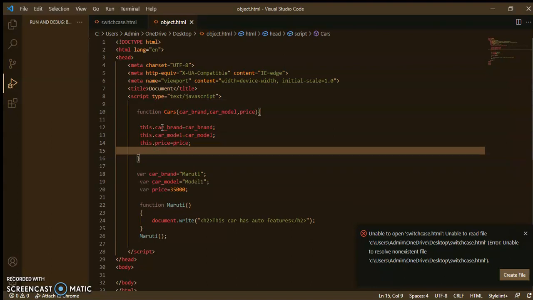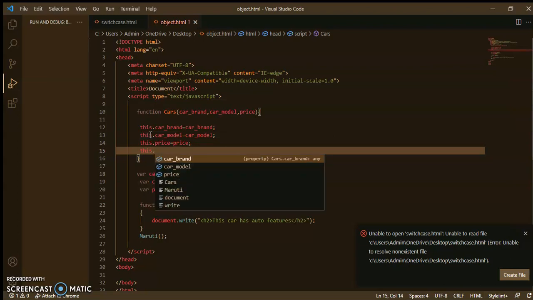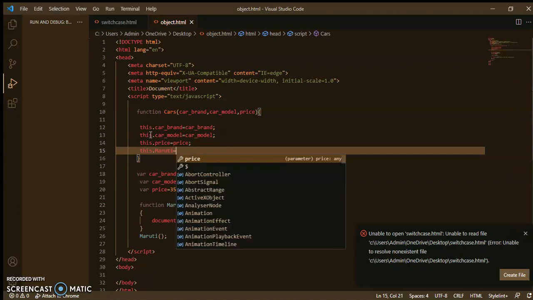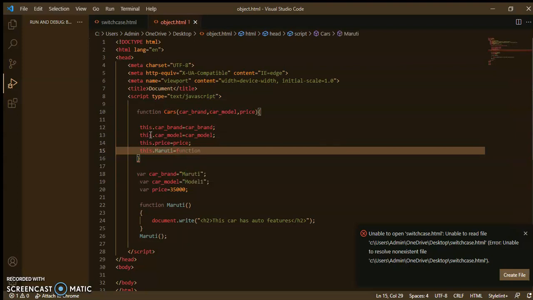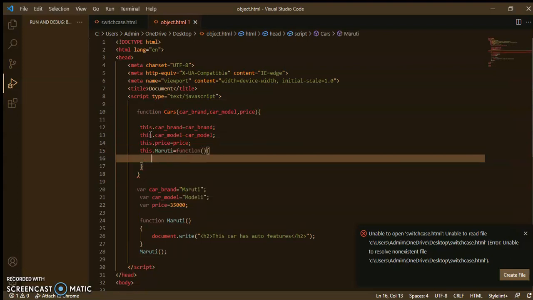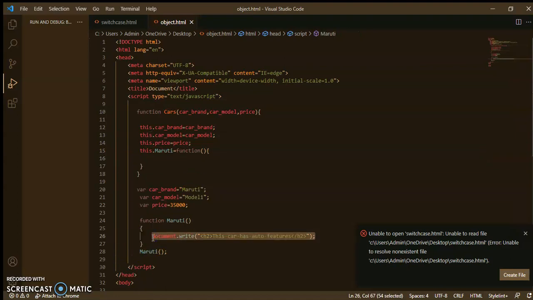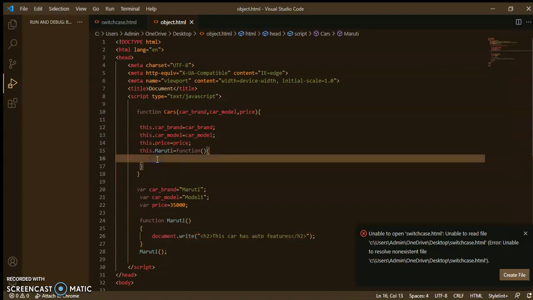And to access the function, meaning to create the function, whenever you create a function inside of this constructor, that time it is called a method, not a function. Okay, so to use the function, what you will do, this dot, now the function name, suppose Maruti, equal to function, and now inside of the curly brackets you will write whatever you want to pass. Okay, this,